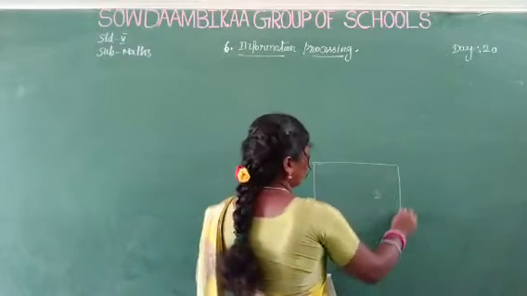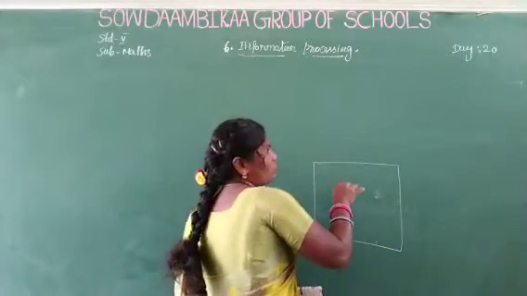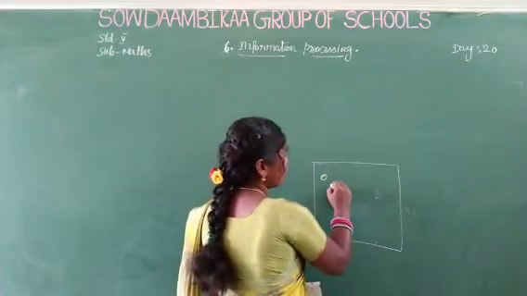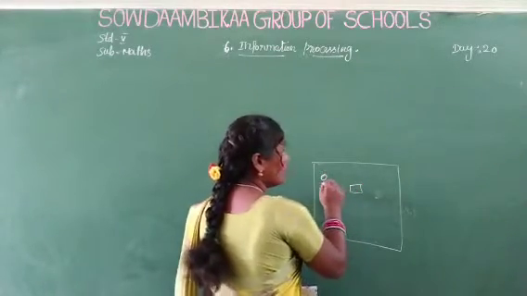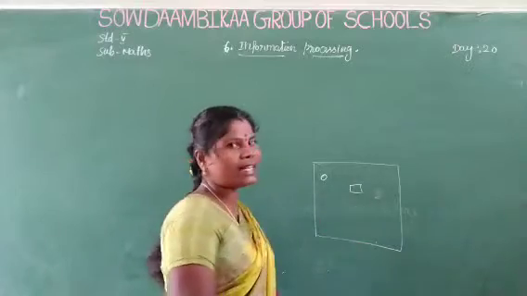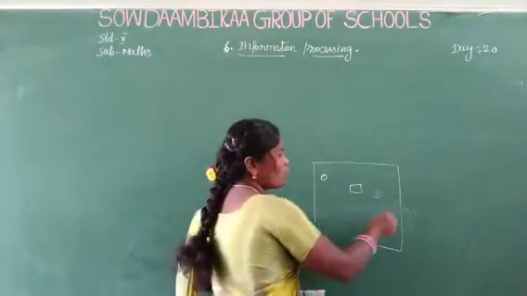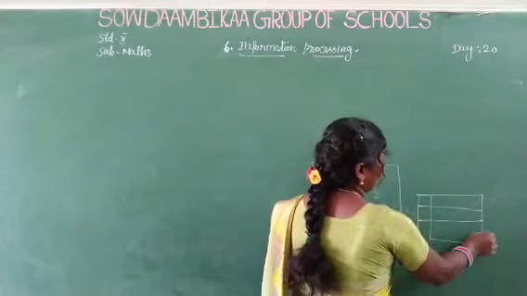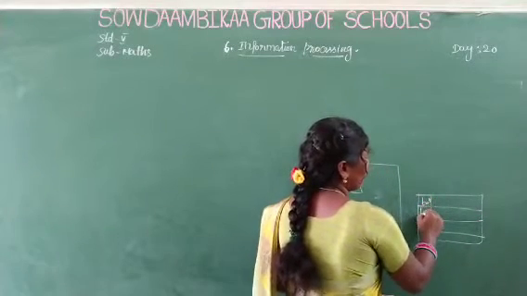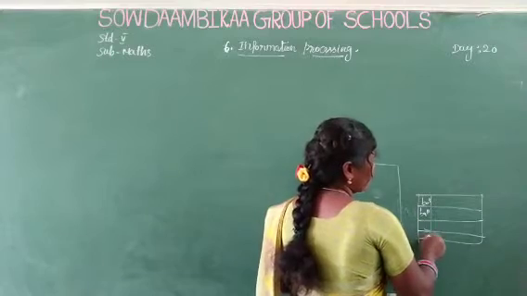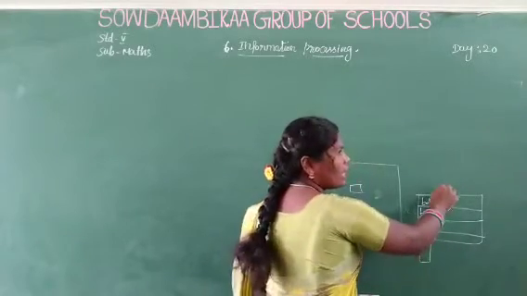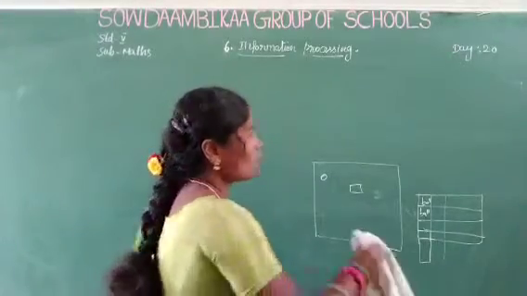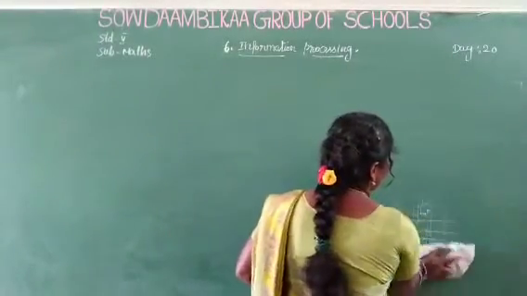For example, take one box and put so many things in it. You see so many things: ball, badge, or box. So many pictures inside the box. How to calculate? First you tabulate. Bat, ball, and so many articles. The collection of data is an easy way to calculate. So this is information processing.